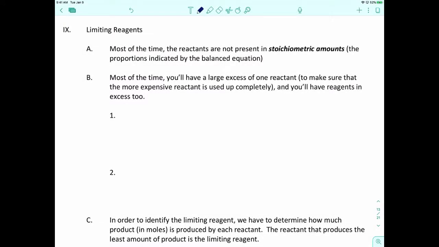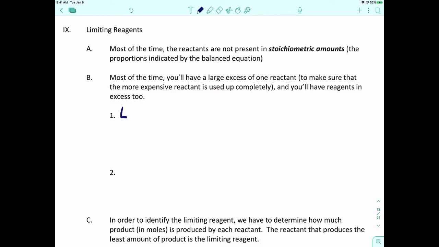Most of the time when you do a chemical reaction, you're not going to have reagents present in stoichiometric amounts, which is the amounts predicted by the chemical reaction. So most of the time you're going to have a lot of one reactant and not so much of the other. And so you're going to have reagents that are in excess. You're going to run out of something, stuff like that. Okay. So the typical type of problem that we deal with in stoichiometry is something where we run out of